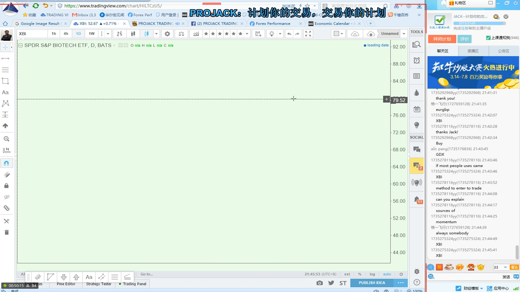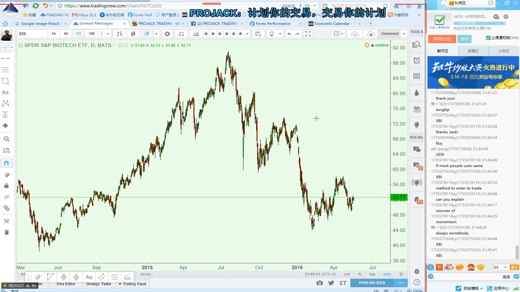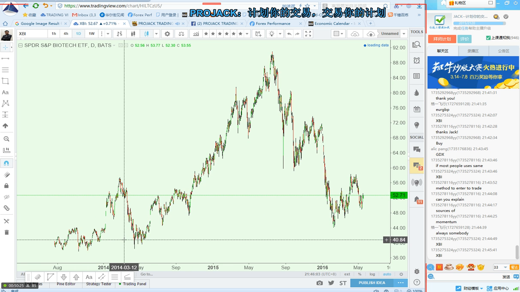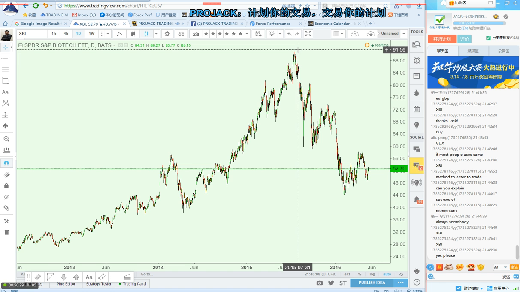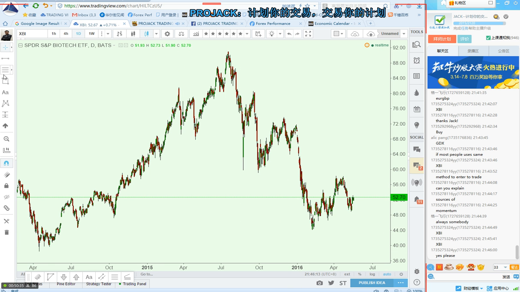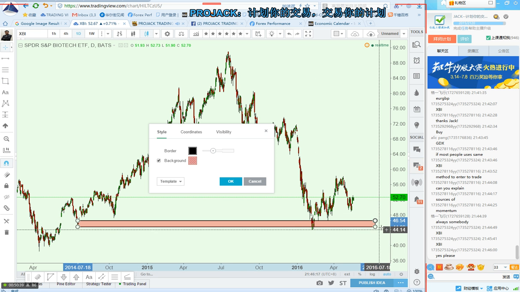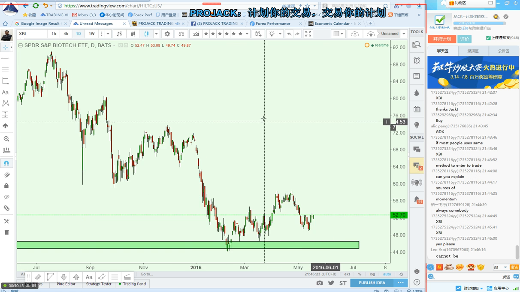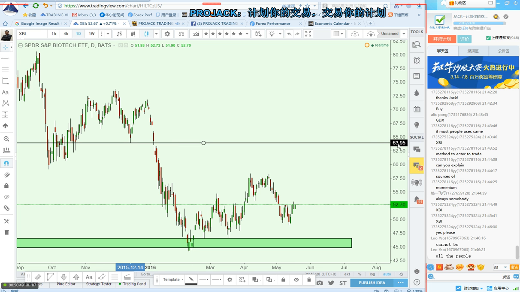Let me see. So this I think is something related to the US stock market, right? The first thing I see on the daily chart is an uptrend all the way to July, then the price comes down. It tests the previous low here. So now 44.90 is the support. Where is the resistance? The resistance is here, 63.95.